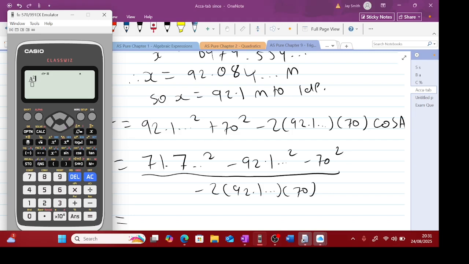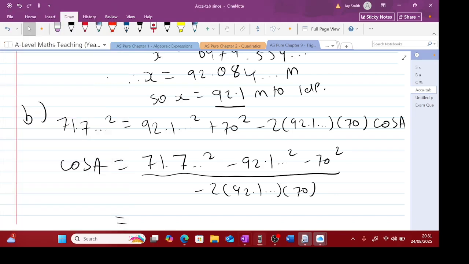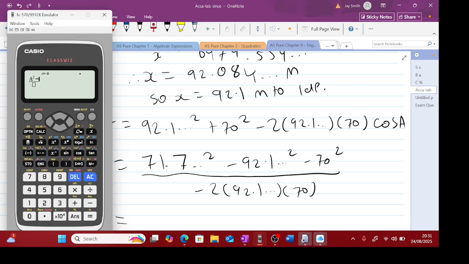Then I'm going to take away the other two numbers, 92.1. Now again, this 92.1 is actually this large decimal here, 92.084 blah blah blah, which I've stored as D, if you remember. So then it's going to be the letter D. So red, and then here. So then take away D squared